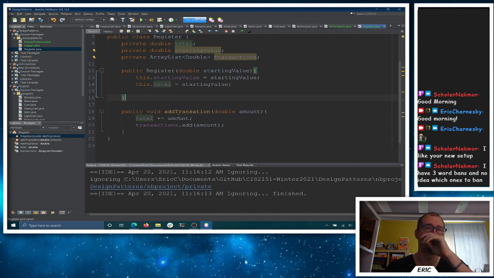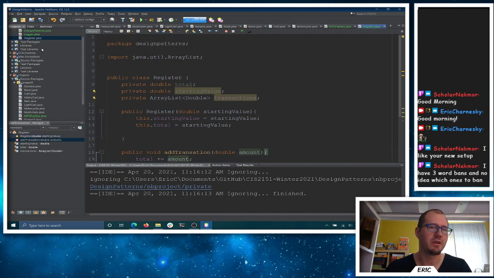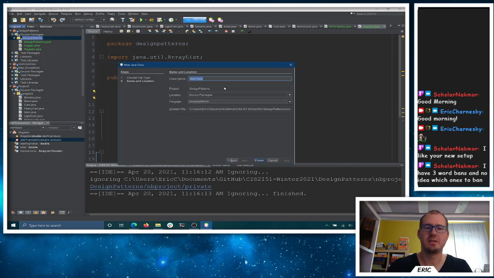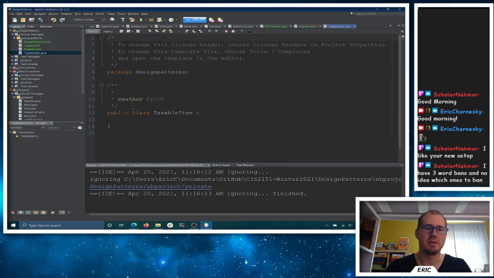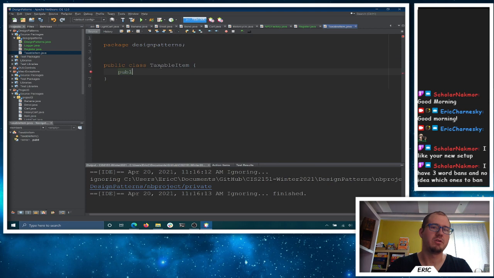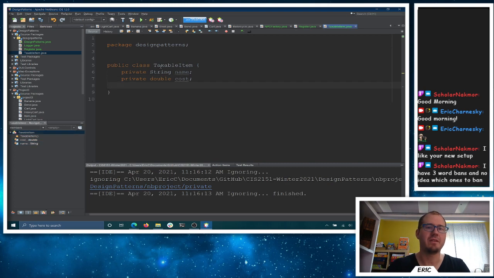Okay. So all we want to do is just add transactions to our register, and we can go through it here. But now we might have another class, like, I don't know, some taxable item, something like that. I think we've worked with one of these ideas before, maybe back in 1500, where you have, say, a private string for name. I don't know, name's boring, sure, and then a private double for cost, and then we probably have like a static,